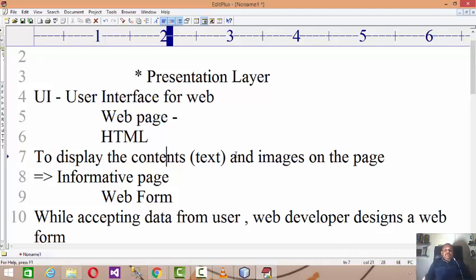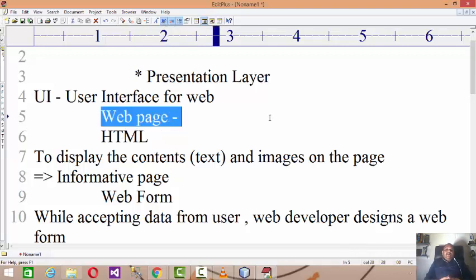Then popularly we have another page called About Us, which displays the details about that particular organization. Then Contact Us. Then we have a registration form, sign in, sign up. Sign in and sign up come under the category of web forms, and the rest of the pages, for example your home page, about page and contact page, come under the category of web pages.